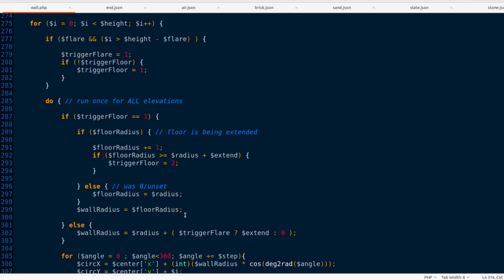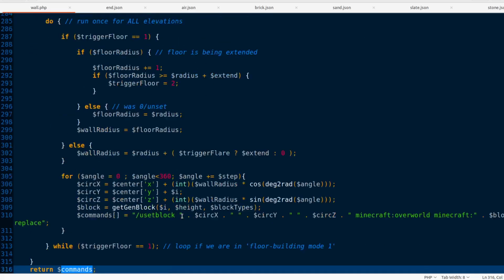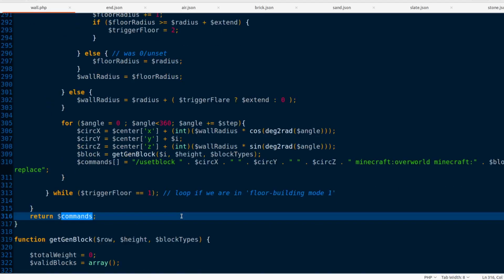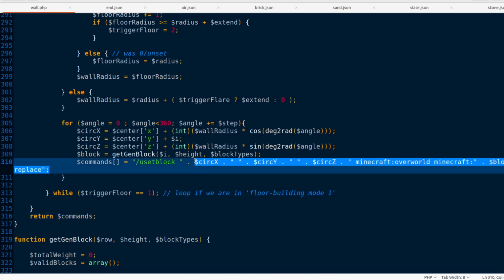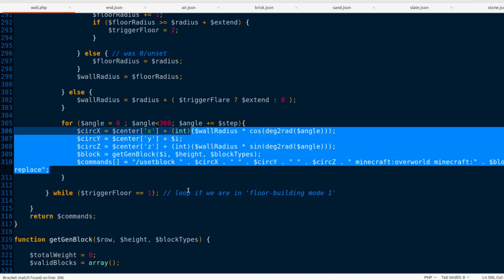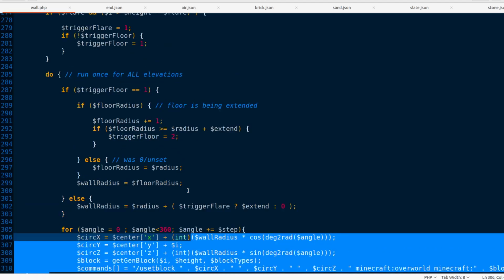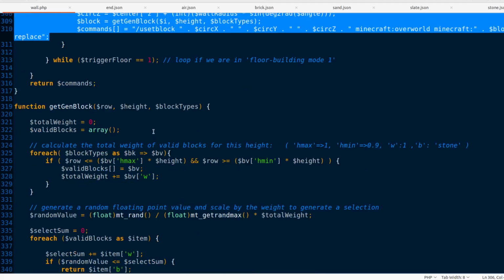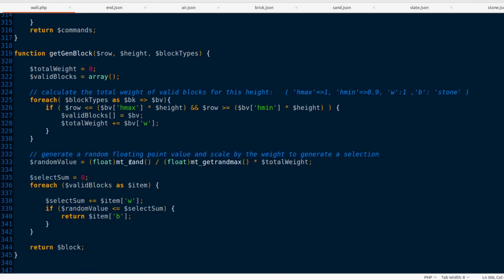It is, I guarantee, an unusual instruction structure, but that lets you use this one creation function for all three parts of the cylinder, the vertical and the horizontal structure of the cylinder. And so here we have the final get gen block, the magical block picker that is going to choose from